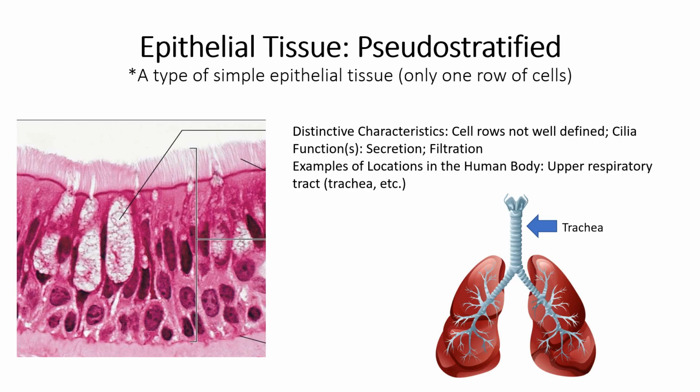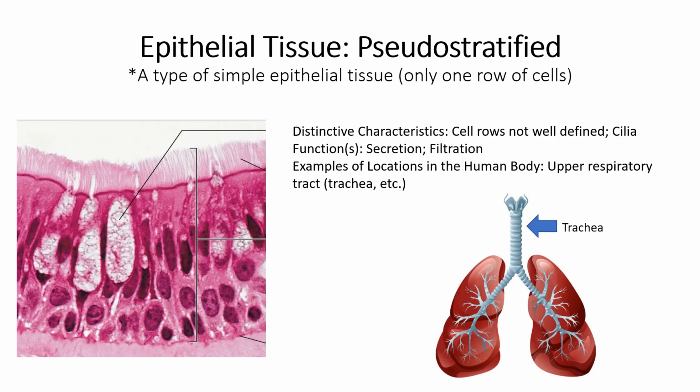So if you look closely at some of these cells, you can kind of make out where one cell is kind of defined, right? It's not as distinctive. The different cells are not as distinctively defined as what we saw with simple columnar, but you can still kind of make out how the cells are